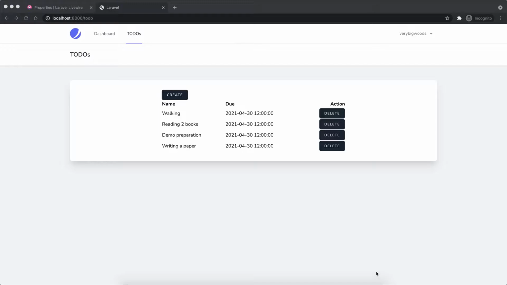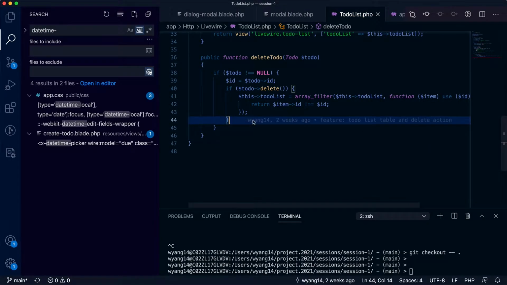Let's start now. From the screen you can see there's a to-do item list, the table here, and I can also create or delete an item. But what if I want to delete multiple items in one click? It's not handy enough when I want to manage multiple items. So let's see. The idea that I can think of is of course